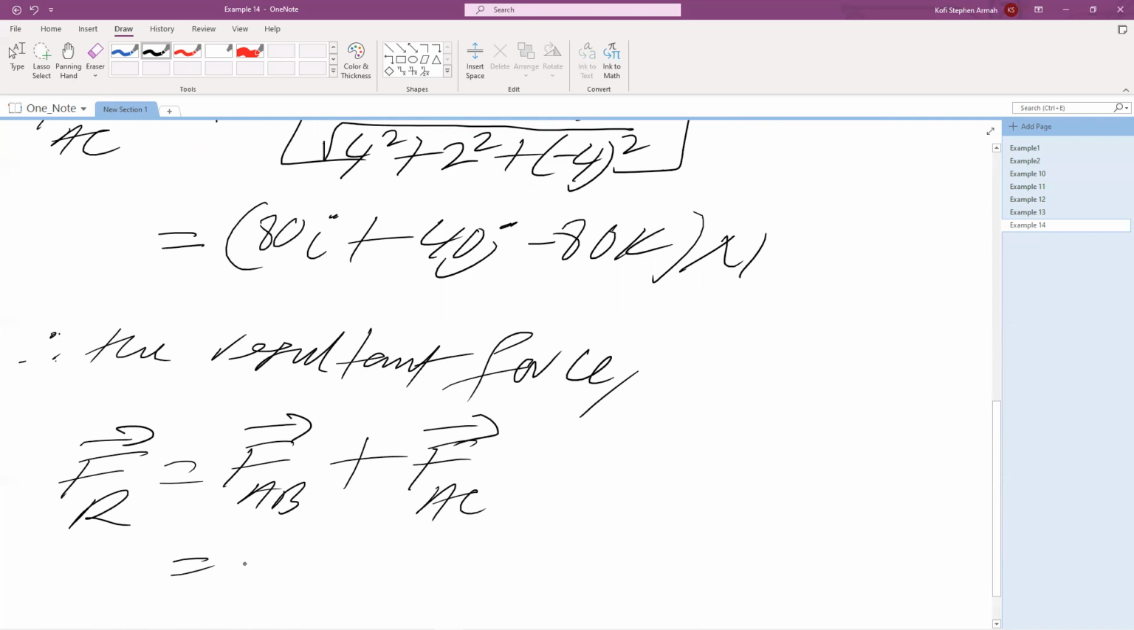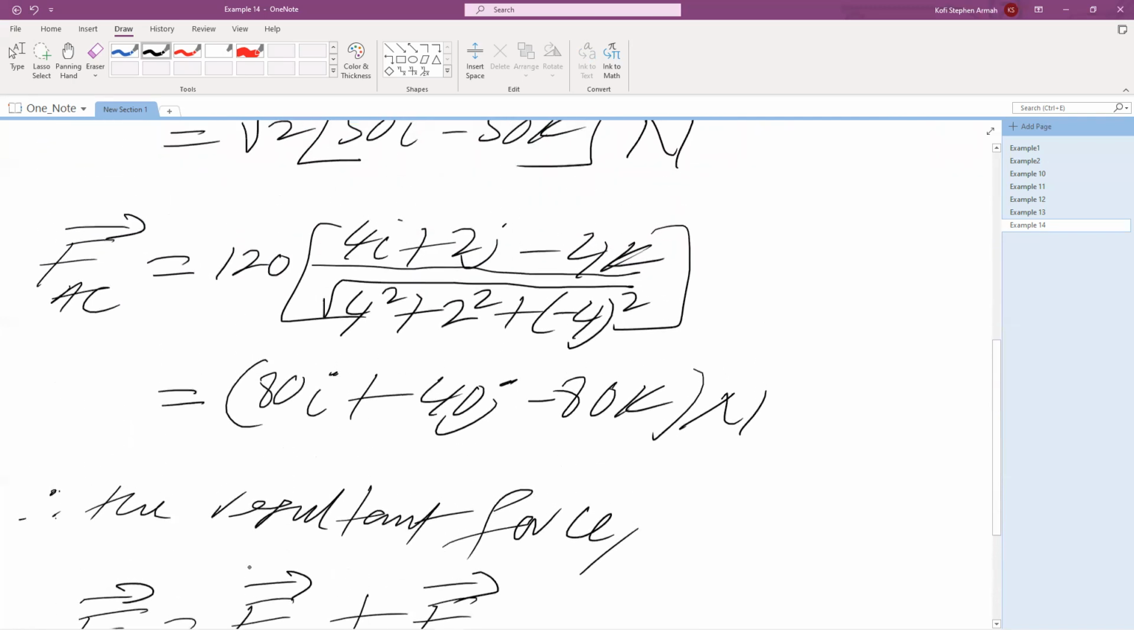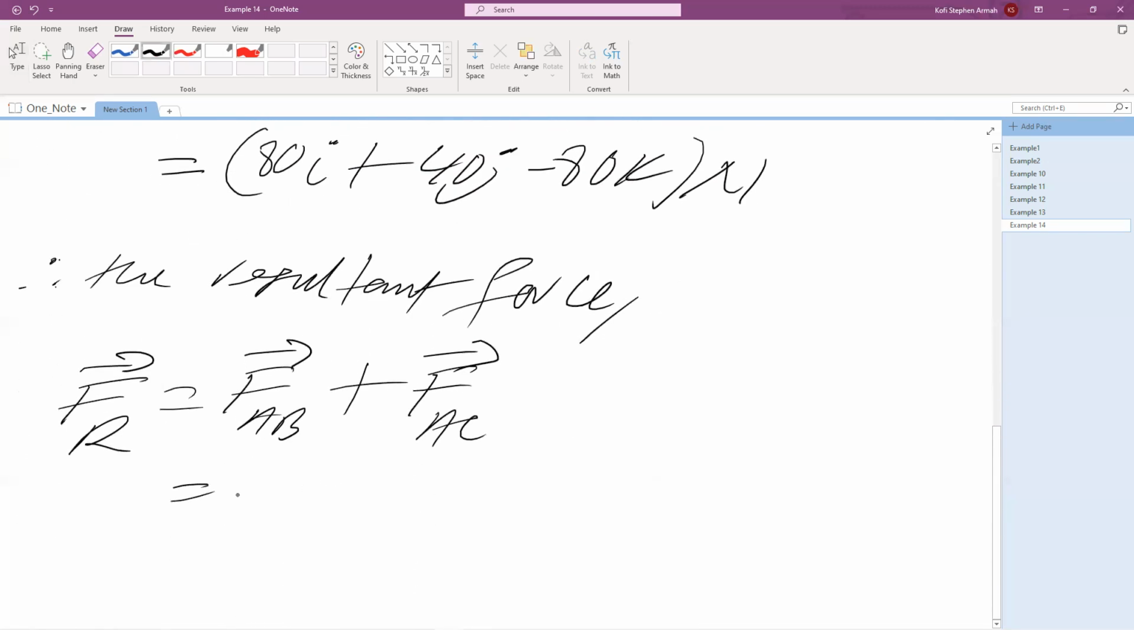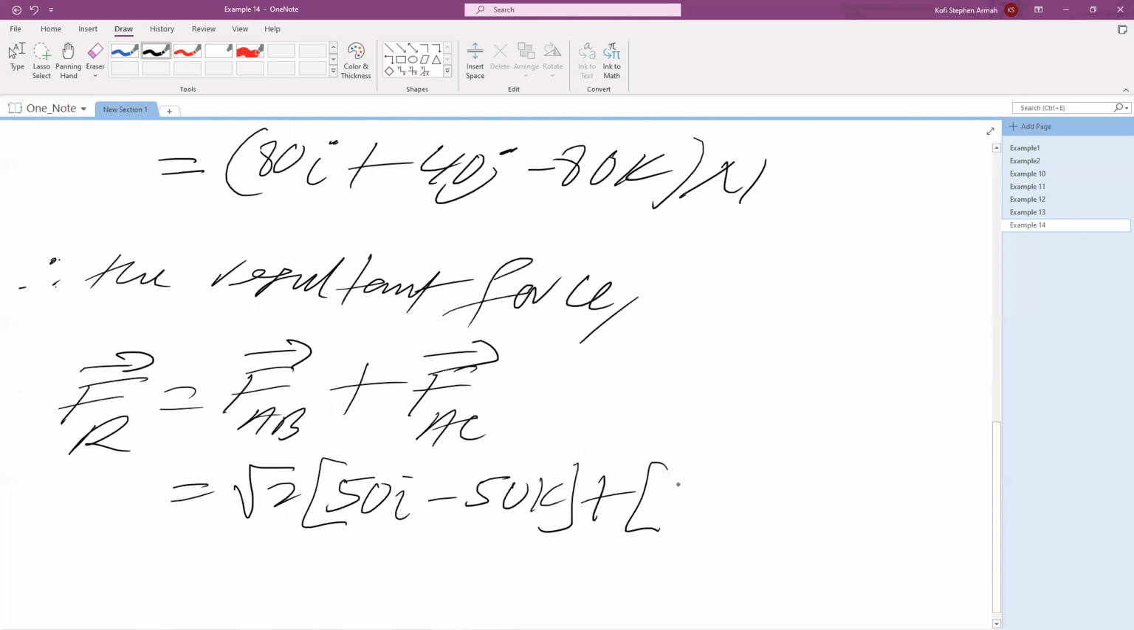So you put things here. The other one was, I believe, root 2, 50I minus 50K, plus 80I plus 40J minus 80K. And this is equal to, so at this point you can work it out and then write the answer in decimals, no problem. Because this is 50 root 2, then you add it to that. If you do it, let me just write the answer for the test. This is around about